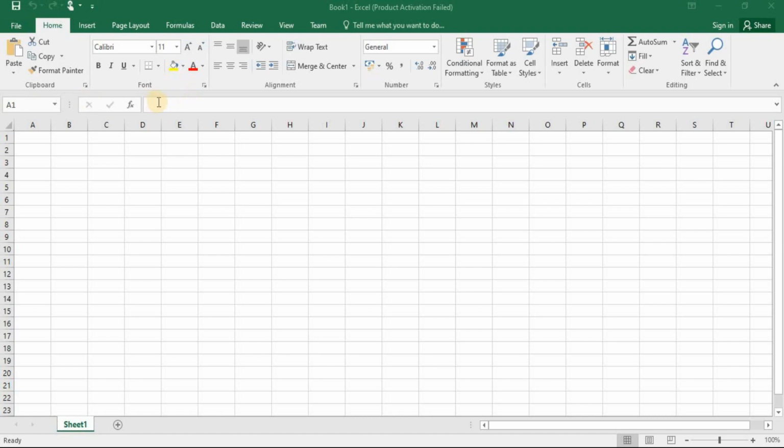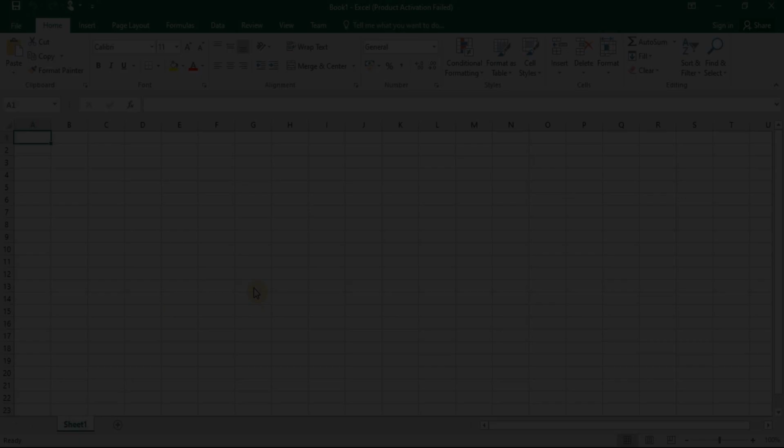Below that, we have these two boxes. First one is called Name Box and another one is Formula Bar. If you move your mouse cursor over this, you can see the name of these boxes. The larger one is Formula Bar and the small one is Name Box. Just remember these names, we'll get back to this after a while.